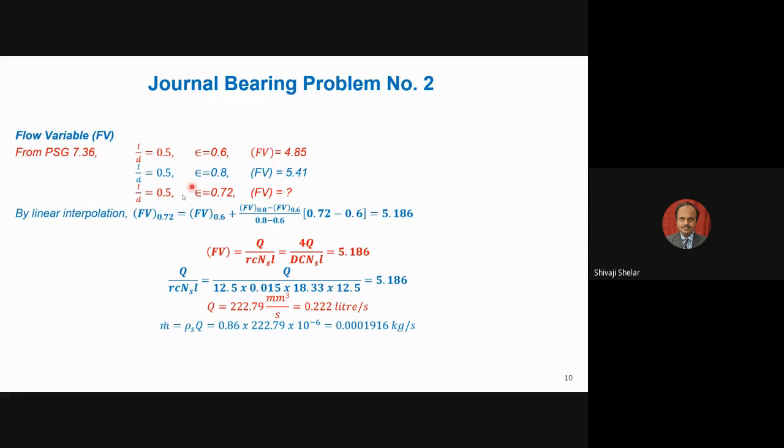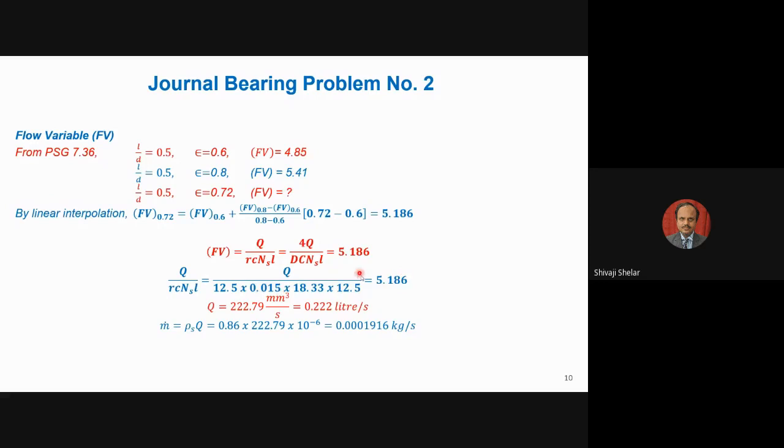So again you can do this calculation here. After calculating, this value will be greater than this value but less than this value. So we get that correct value of 5.186. Then we can write 4 flow variable Q upon RCNSL or 4Q upon DCNSL. I am using this part and this part here. So we get Q is equal to